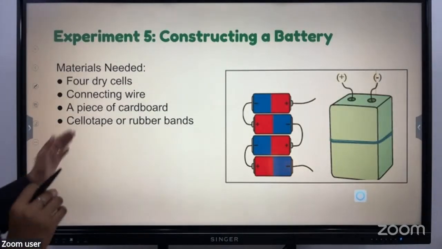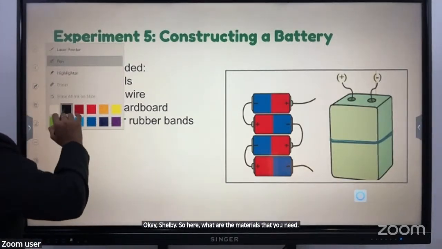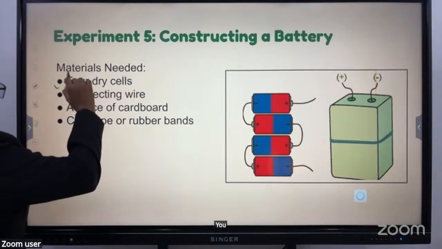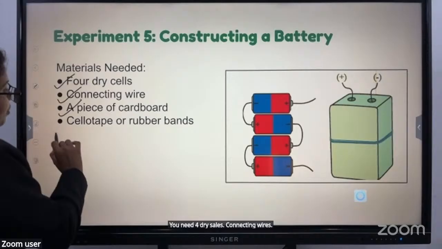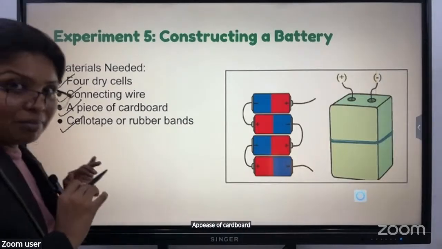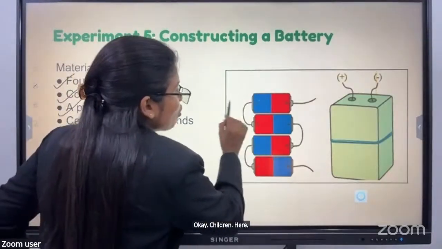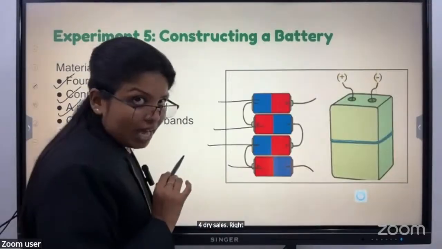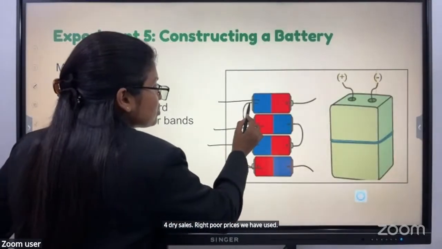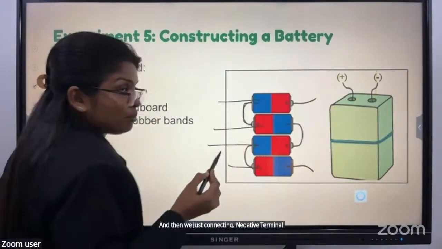Okay, children. So here, what are the materials that you need? You need 4 dry cells, connecting wires, a piece of cardboard, a sellotape or rubber band. Okay, children. Here you can see 4 dry cells, right? 4 dry cells we have used, and then we just connect the negative terminal of the battery to the positive terminal